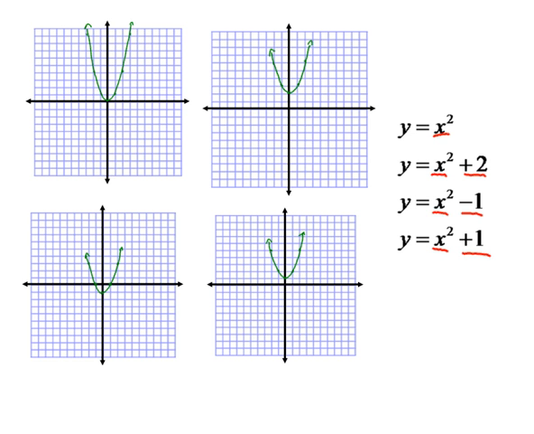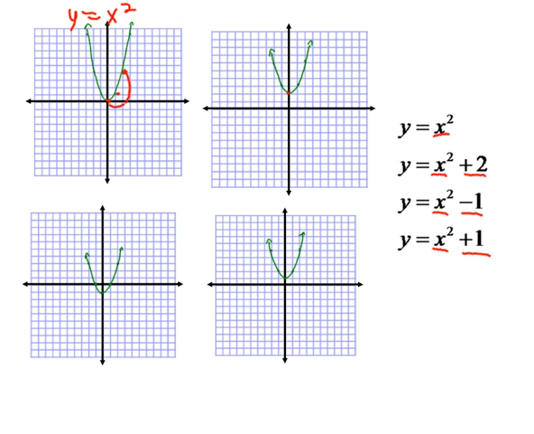If we look at the first graph, this is the parent function, y equals x squared. And we're going to start at the vertex. To get to the very first point we plotted, we would go over to the right 1 and up 1, and there's our point. To get to the second point, we would go over 2 and up 4, and there was the next point. Well, if we look at the next graph over,